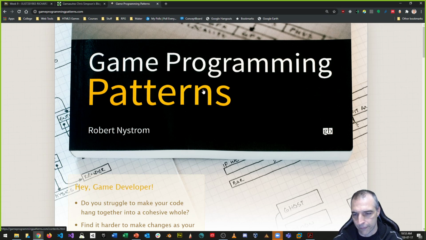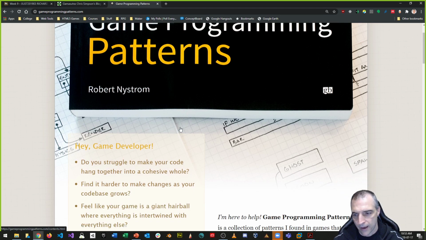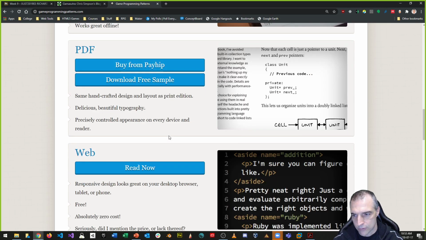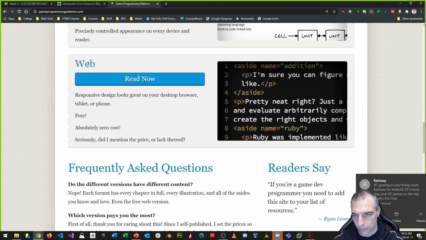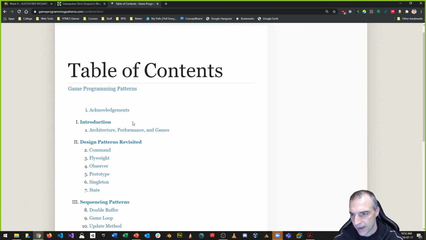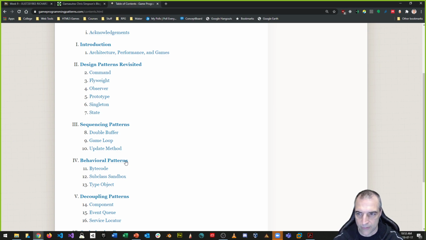It is a free book, for the most part, created by Robert Nystrom, and he talks about game programming patterns. If you go to the website, there are different kinds of design patterns here that he talks about,